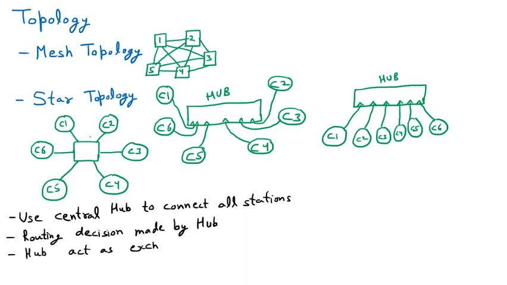Exchange in terms of, I am telling, the telephonic exchange, where we are sending the data from one computer to another, right? Because in the telephone exchange we have the mobiles. So one mobile is communicating with another. Similarly, in the hub we can send the data from C1 to C6. So we can say that the hub is the exchange.